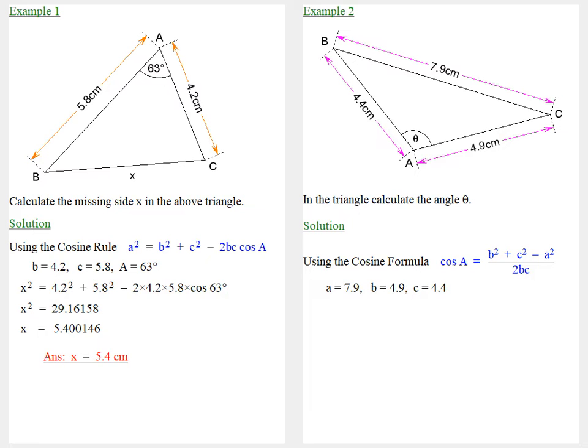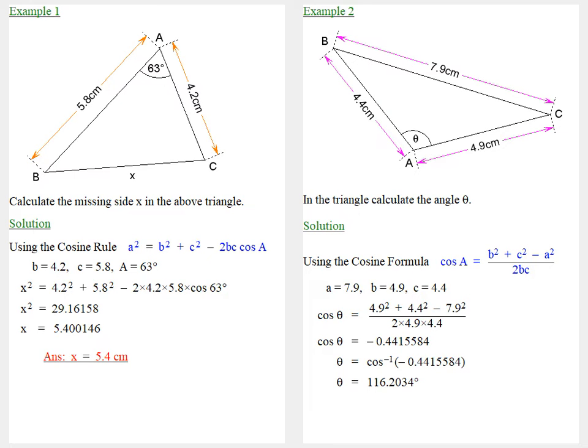So the side a is 7.9, the side b is 4.9, and the side c is 4.4. So the cosine of theta is equal to (4.9 squared plus 4.4 squared minus 7.9 squared) all over 2 times 4.9 times 4.4, which is equal to minus 0.4415584. Now if we take the inverse cosine, that gives us theta equal to the inverse cosine of minus 0.4415584, which is equal to